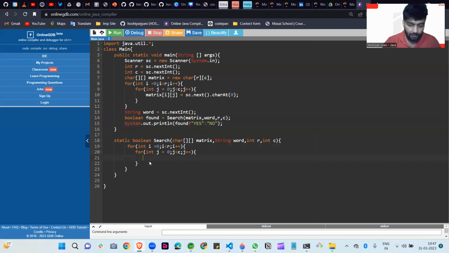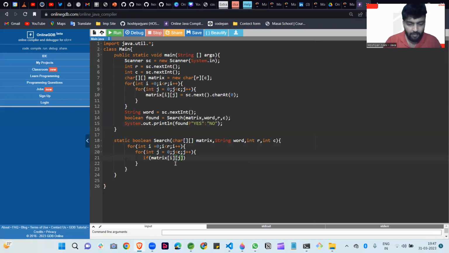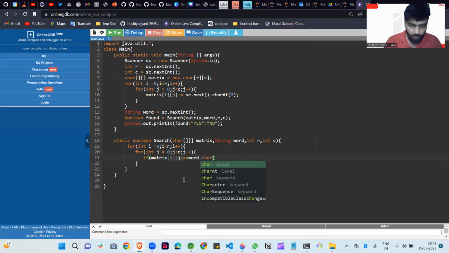Now, second step is if matrix of i and j, so this is our position at every position while we are iterating, if this is equal to our word of, what can we write here, word.charAt, no, this is not, word.charAt(0).